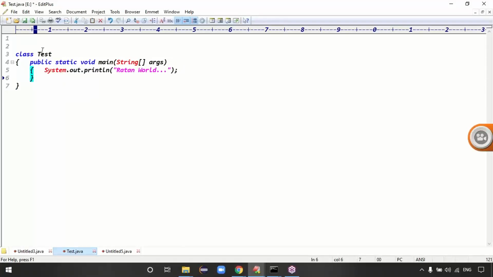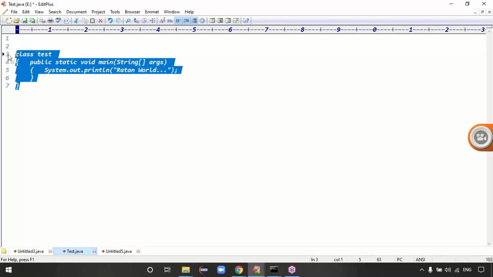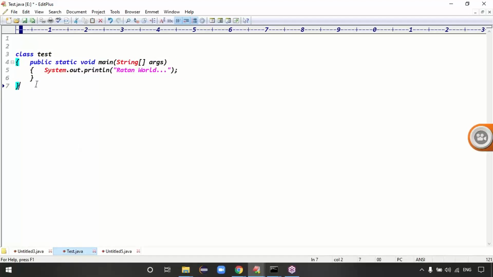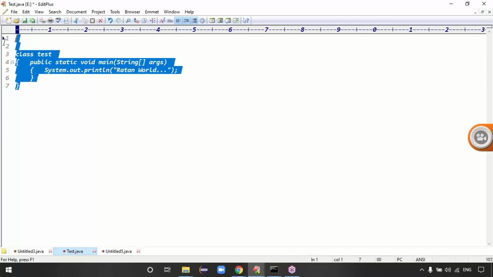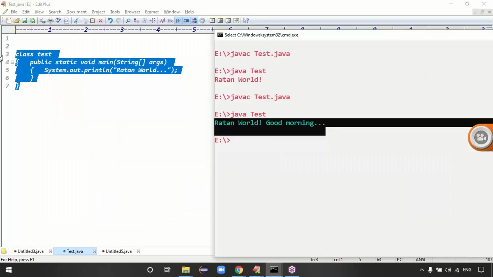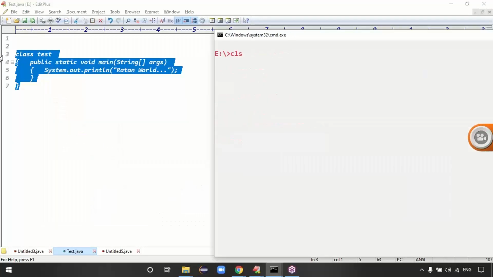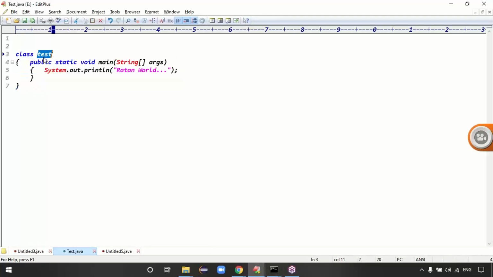Tell me, guys, as per the camel case rule, Test means T capital, right? But I will make this T small. Then is this code valid or invalid now? Guys, is this code valid or invalid? That's my question. The code is valid, but it will create confusion if someone sees it, because usually we define variables with this. You're saying the code is valid. Okay, perfectly, the code is valid, guys. Test is a predefined class, not a user defined class.